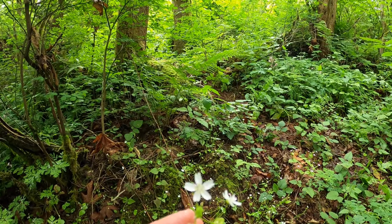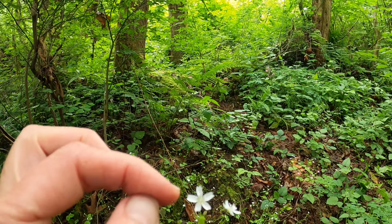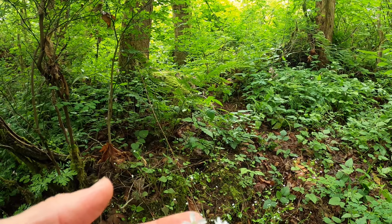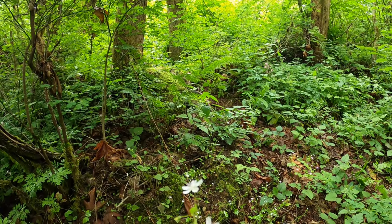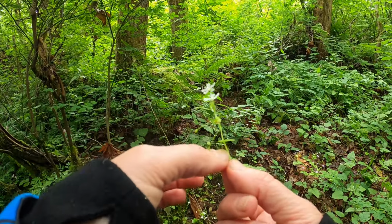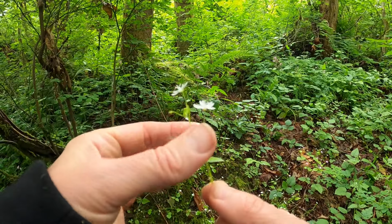You can see the flower, five petals with pink stripes, and the little indentations on the flower, that's about the size difference. It's a small flower, but not as small as chickweed. And it will start out with a basal rosette and then alternate leaf arrangement on the flowering stalks and little pairs of flowers. And these